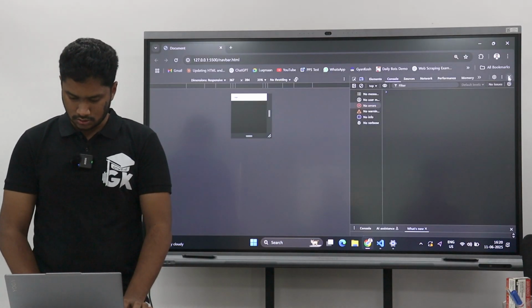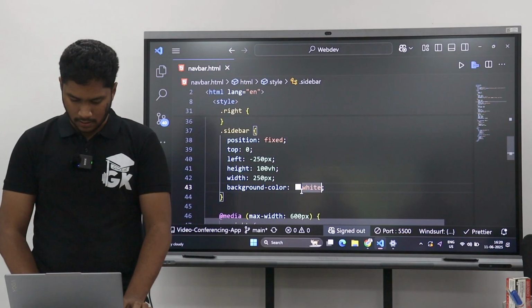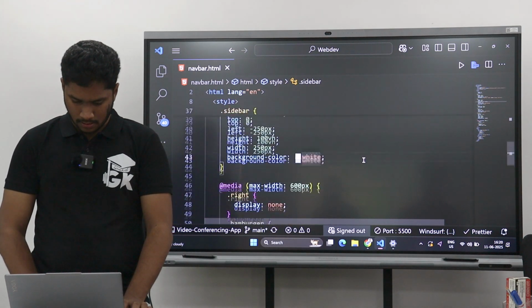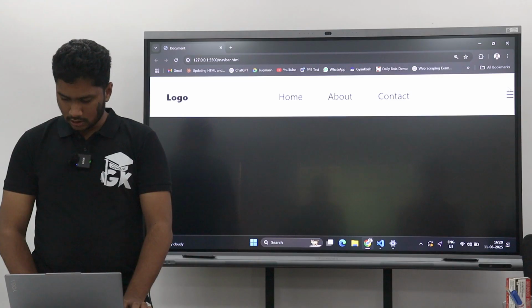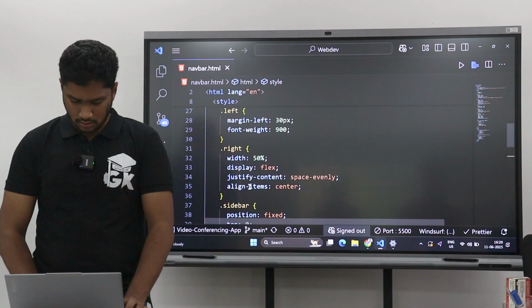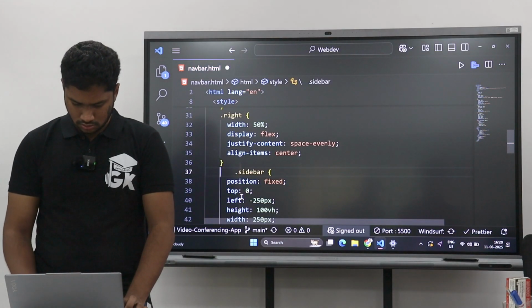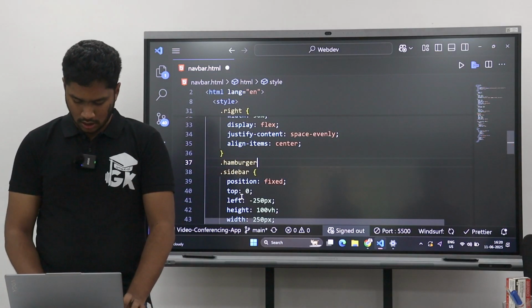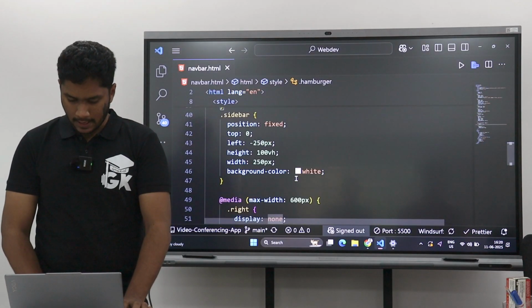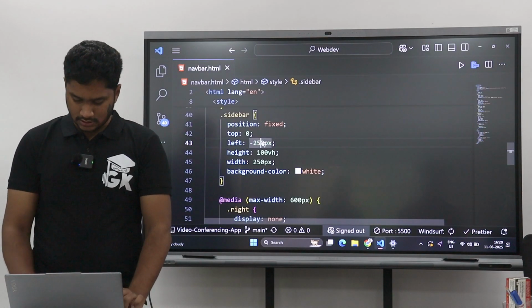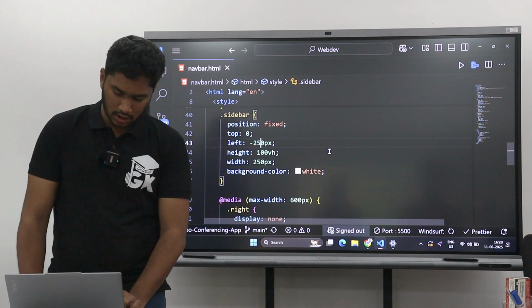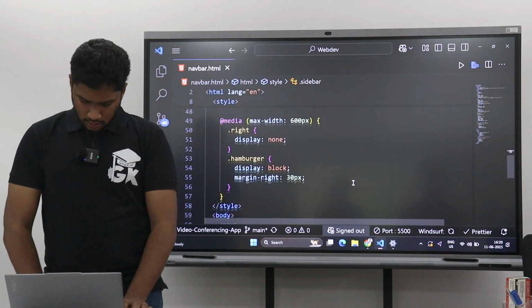Let's see now how it looks. Okay, in normal mode it is visible, hamburger is visible. First let's give hamburger display none. Hamburger display none. Yeah, let's put it towards the right and just see how it looks. So yeah, exactly, it looks like exactly how I want. So now what we can do is